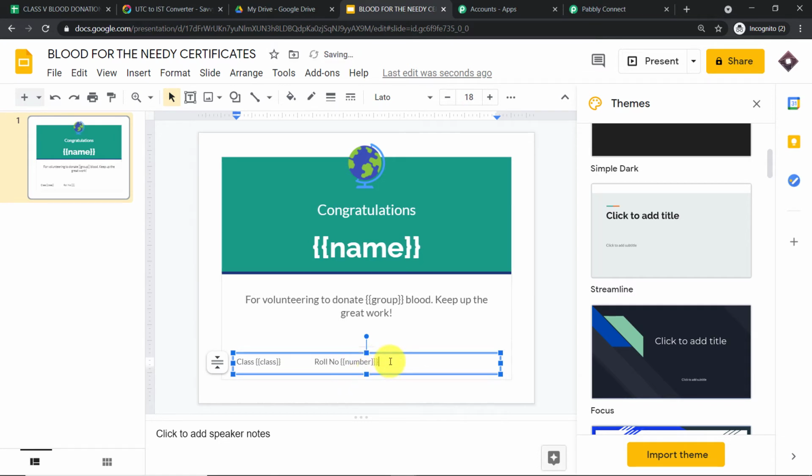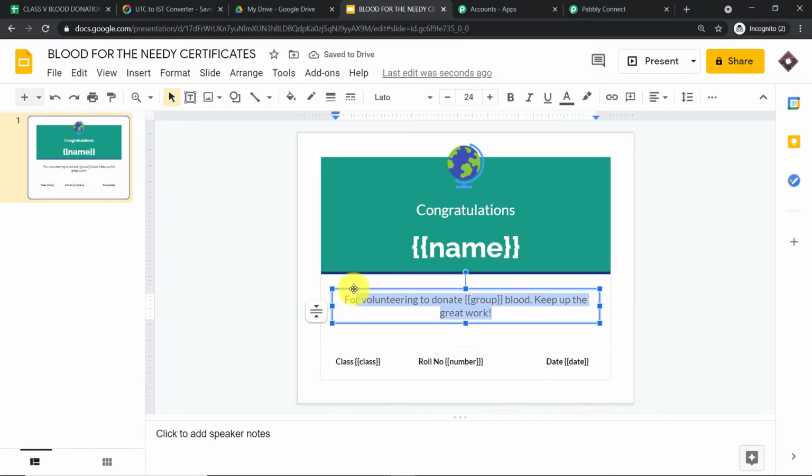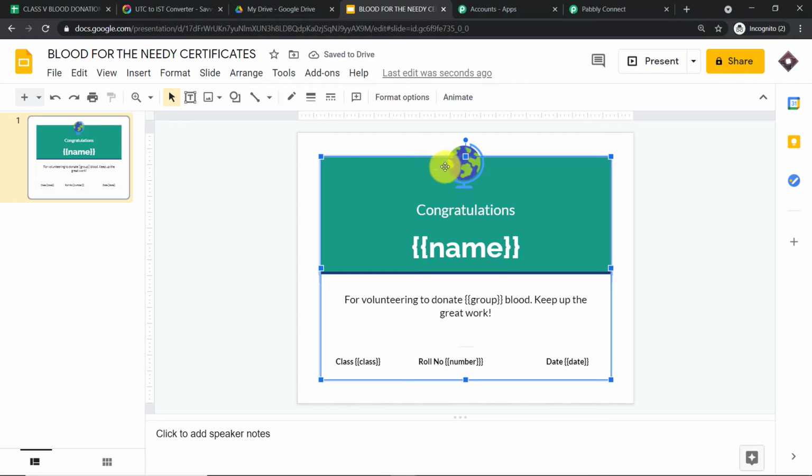Okay, now coming to the last part, the time or the date, the date at which this certificate was awarded. Date it is. So I'm going to drag this to the extreme right. Now I'm just going to make some more changes. I want to bold this and make some colors. So this color is good, and I'm also going to make some changes here. I don't like the color, so make it dark black. Okay, so I think it's ready. Congratulations name, class, roll number, as well as the date.